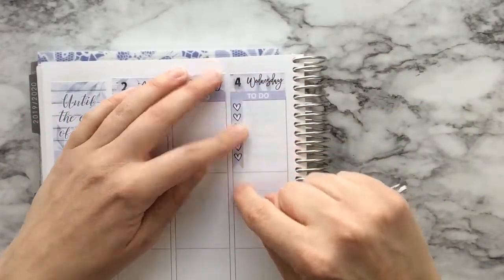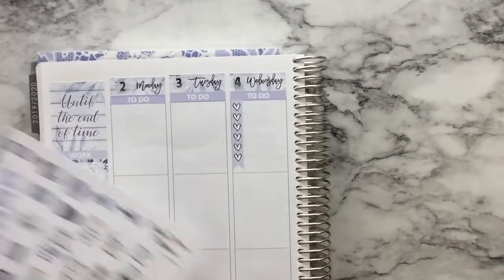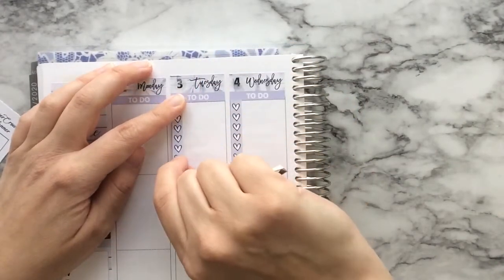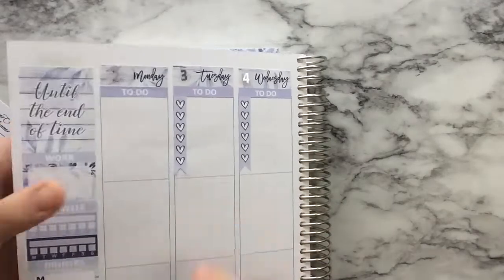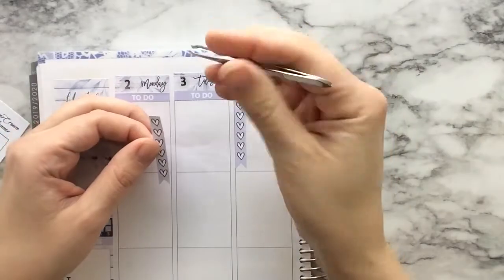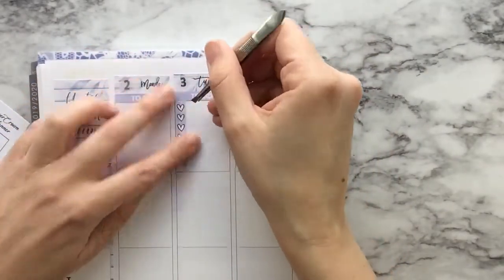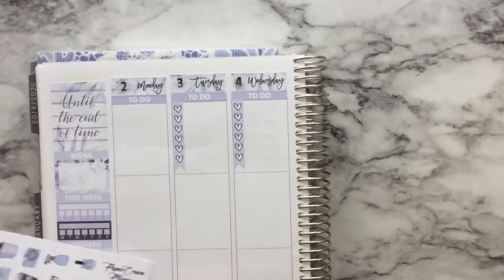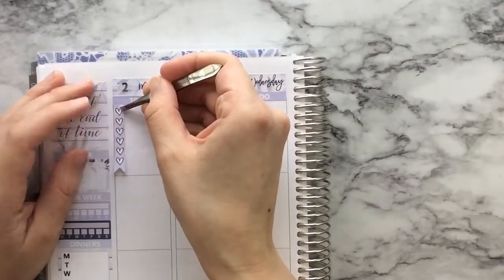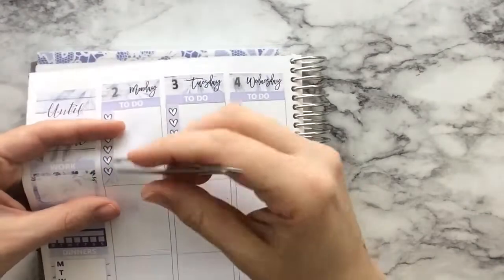I need to decide if I want to stagger my full boxes or what I want to do. We'll see. We'll work it out, friends. We will work it out. Because I could go day by day for the remaining part. I could do a little hybrid of functionality and a little difference with my day by day planning. We'll see. We'll see how I feel once we get there, friends. So I wasn't going to use too many character stickers this week just because I don't...